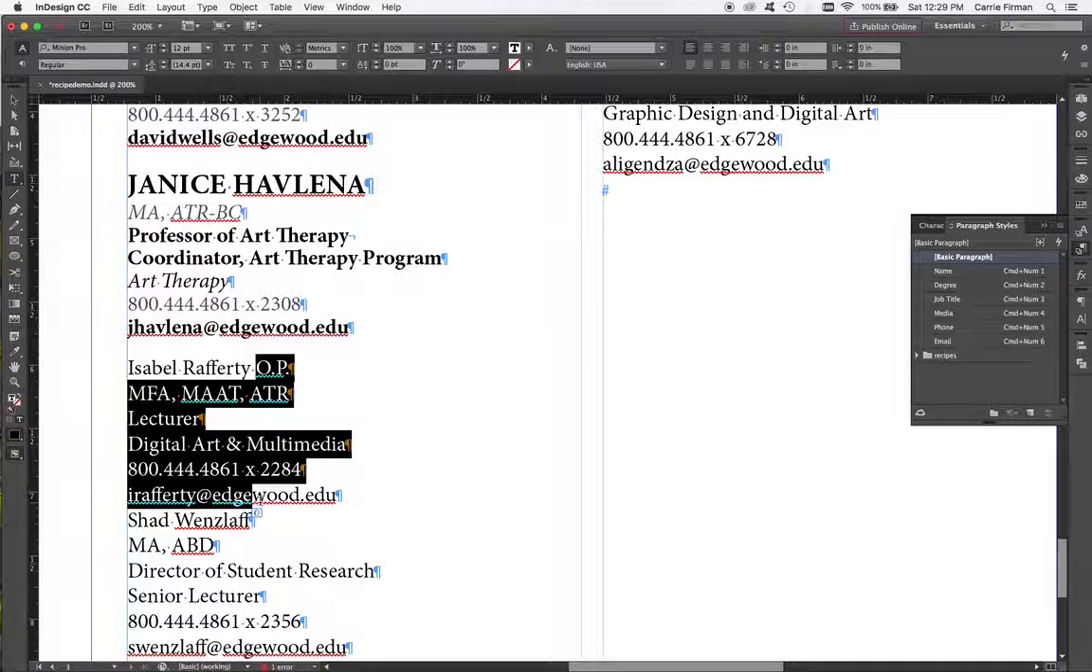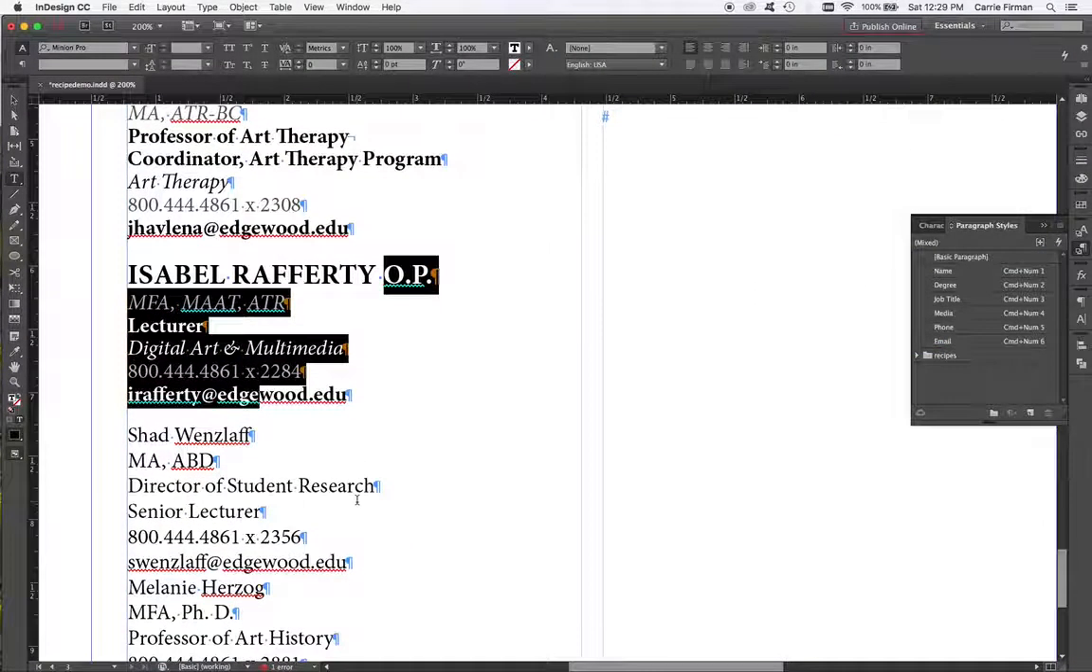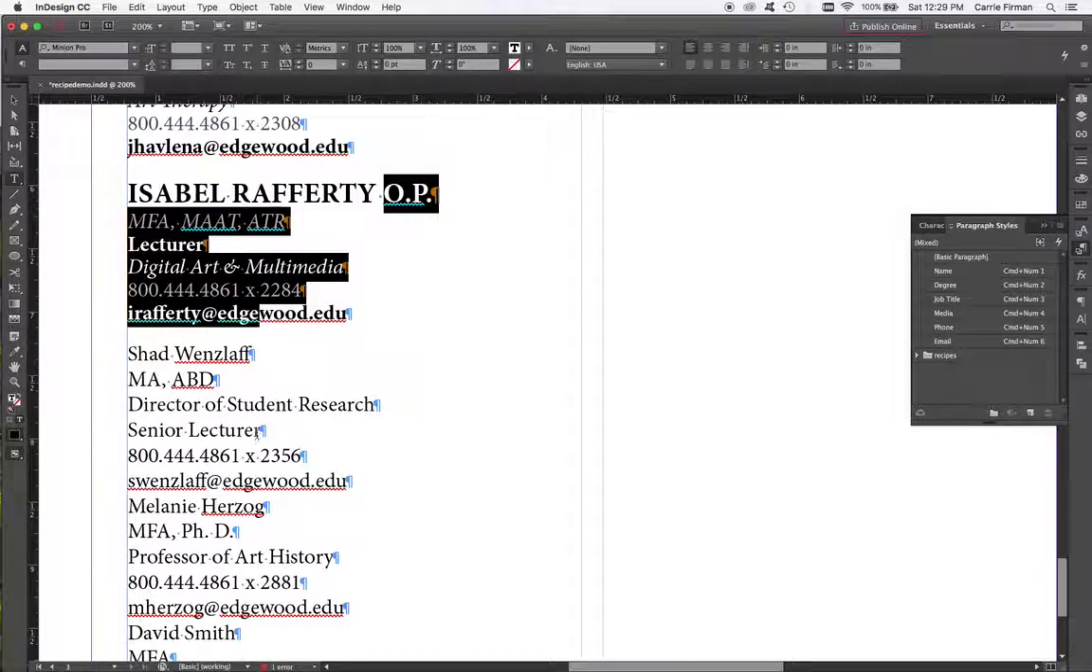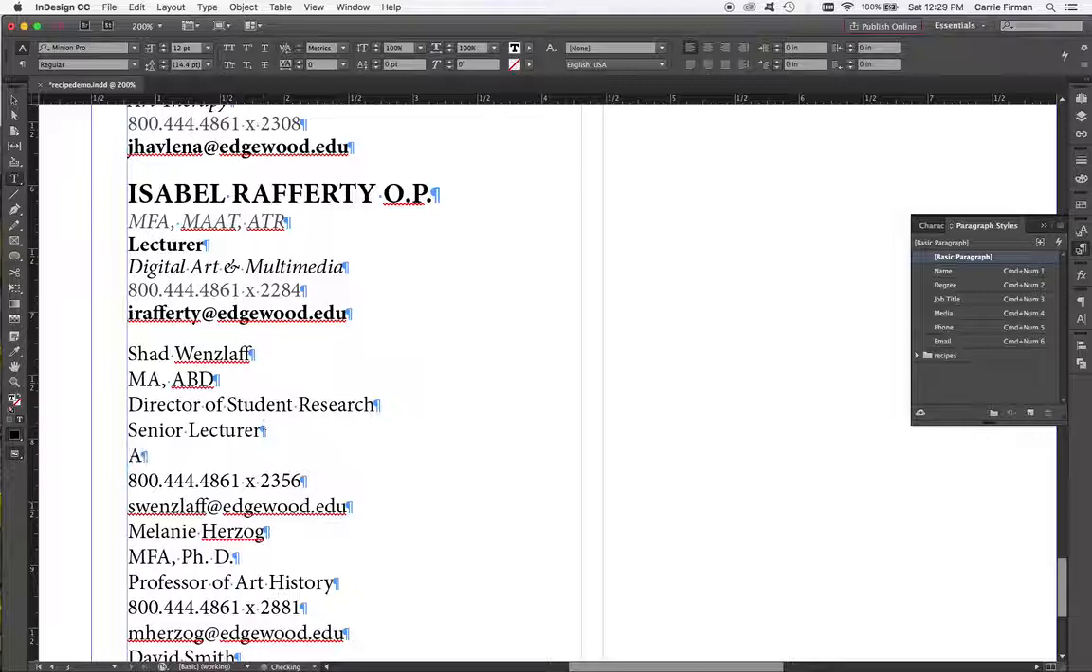So Isabel's listing follows the normal format, so I can right or control click on name and say apply name and then next style. Here we've got another one that needs a area, so I'm going to type in